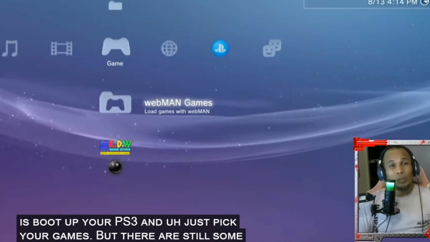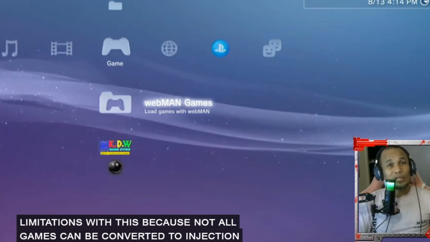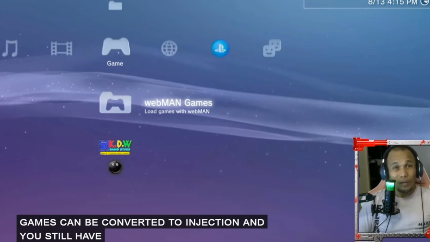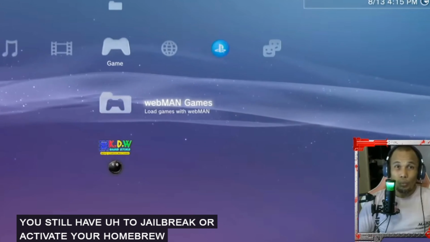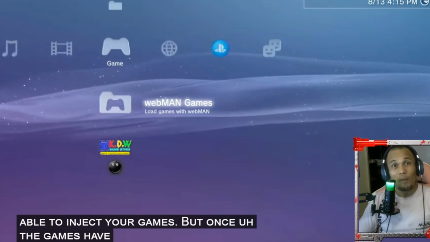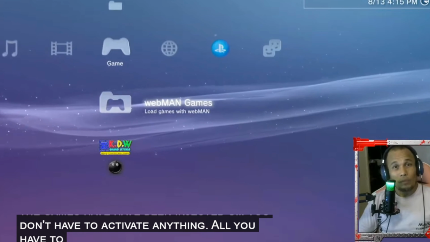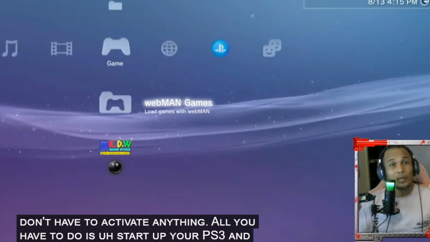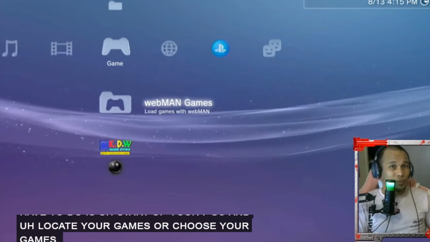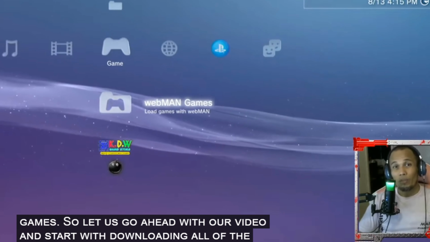But there are still some limitations with this because not all games can be converted to injection, and you still have to jailbreak or activate your homebrew before you'll be able to inject your games. But once the games have been injected, you don't have to activate anything. All you have to do is start up your PS3 and locate your games or choose your games. So let us go ahead with our video and start with downloading all of the files that we are going